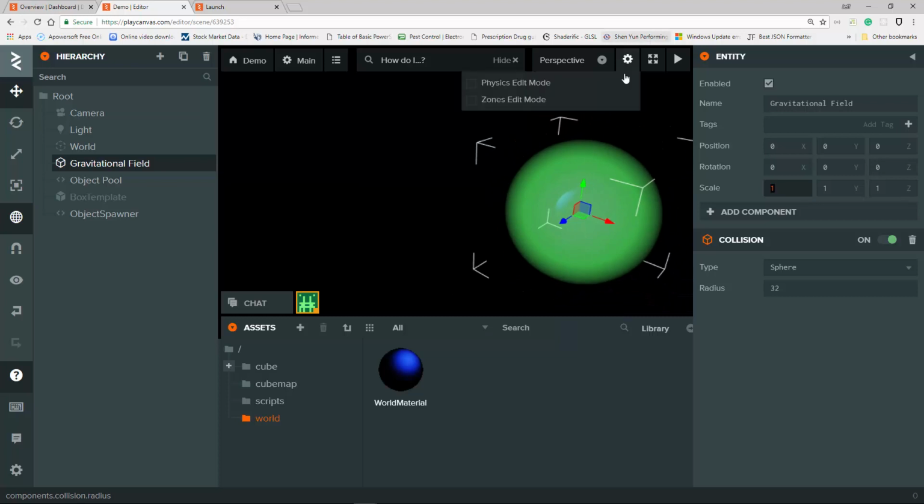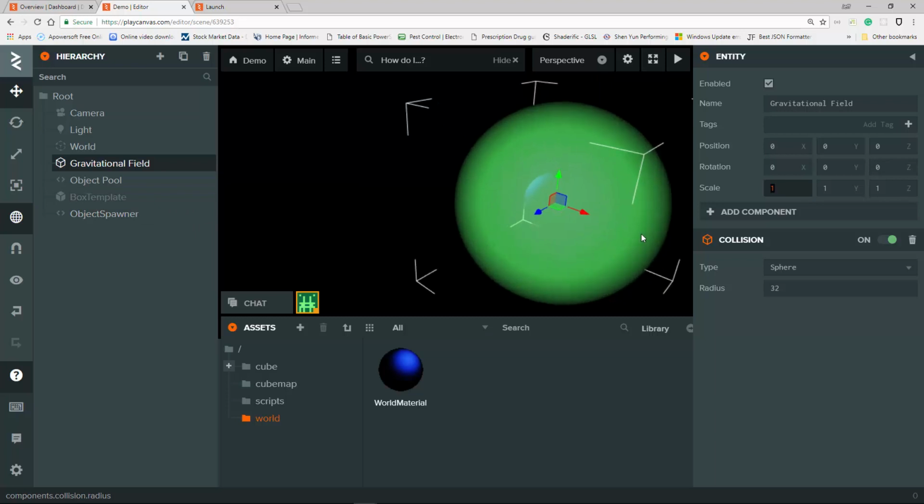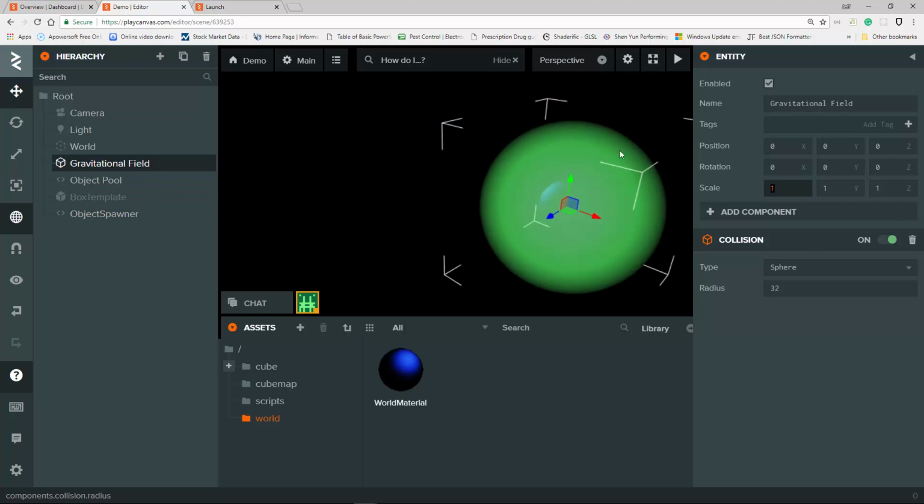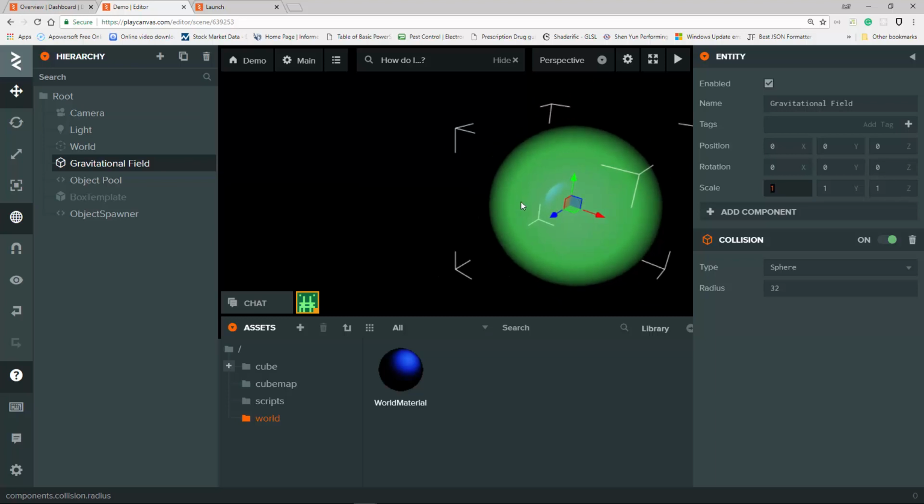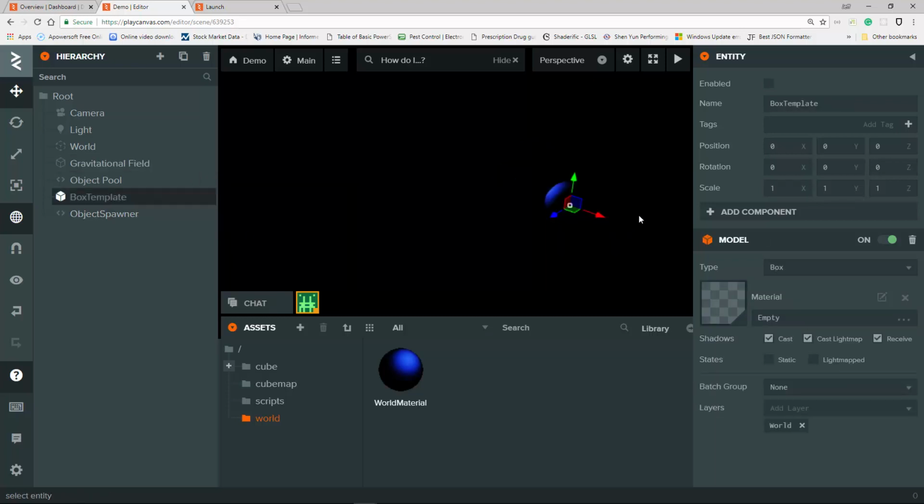So now anything that falls within this outer sphere will get sucked into it. Now this particular component, this particular entity will have a script, and we'll come back to that and assign the script to it. It has to know when something is crashed into it. The next step here is to create